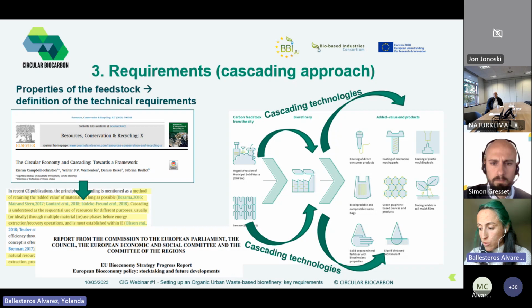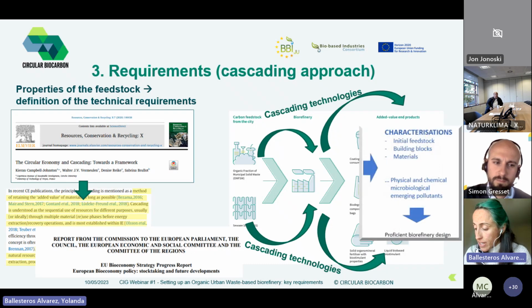Moreover, it is important to make sure that the end products going out of the biorefinery comply with the desirable characteristics in terms of the market which is demanding them, or in terms of legality. This is why, in addition to the information we can obtain about the composition, for example, for the waste or from the wastewater managers, we need to make sure of the properties associated to the feedstock to be used. So in this case, relevant characterizations of the chemicals, building blocks, or materials involved in the process need to be